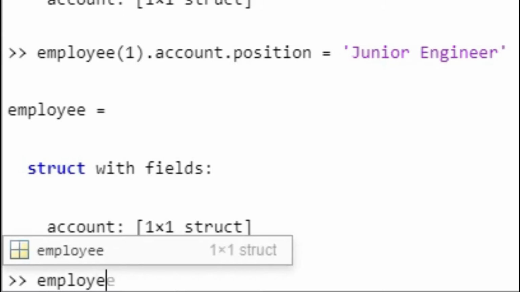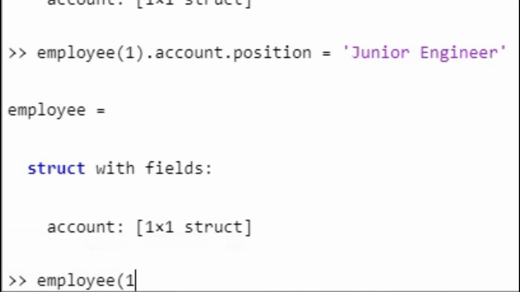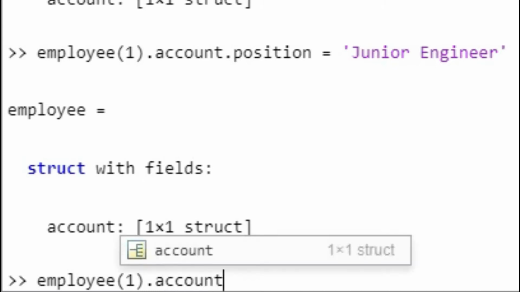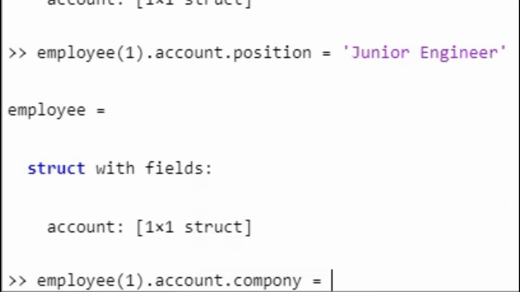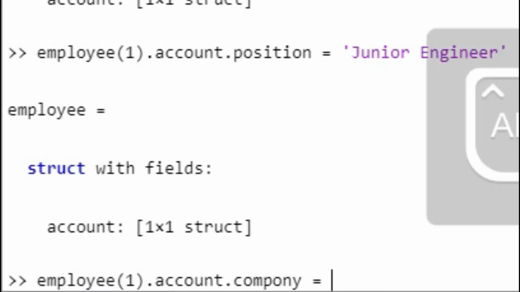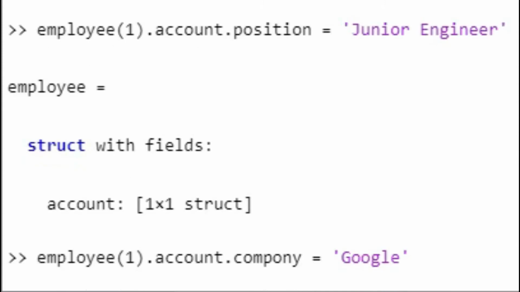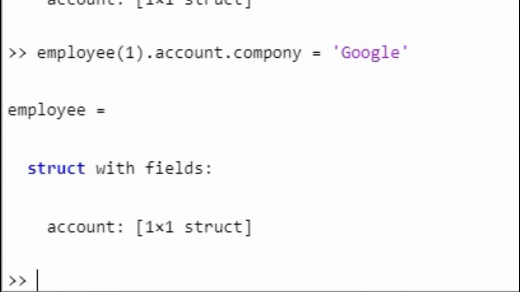Company name: employee1.account.company. Suppose I am working in Google, so single quote Google closing single quote, enter. So like that I stored information about me.